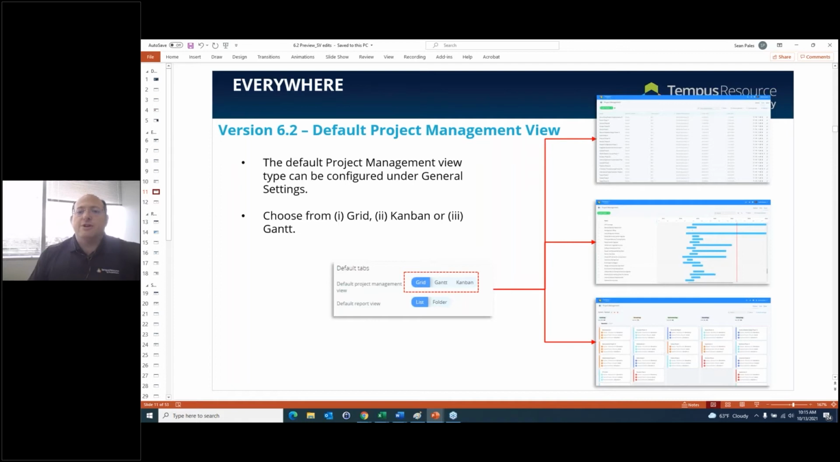Now, the user still controls their default within that view type, but if you defined, look, the portfolio or project Kanban is where we're going to start. Everyone should start there. Or the Gantt style display, or the grid view. So you can set a default project management view type centrally under general settings, and then the users, of course, can browse from there,